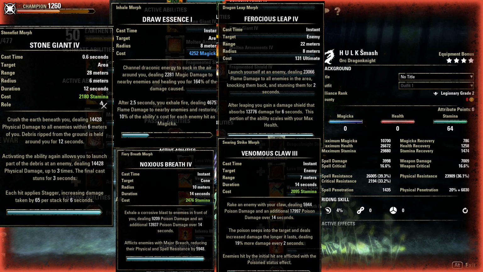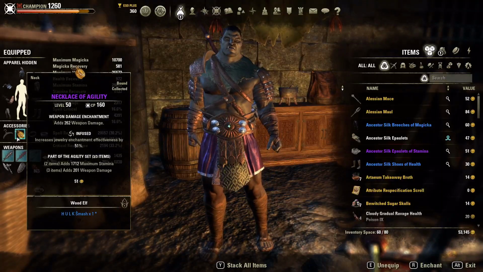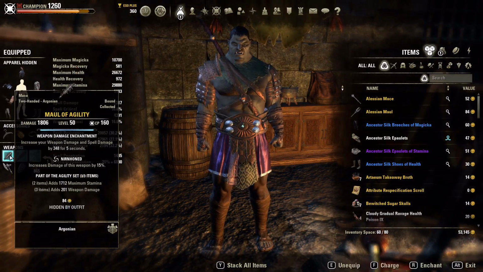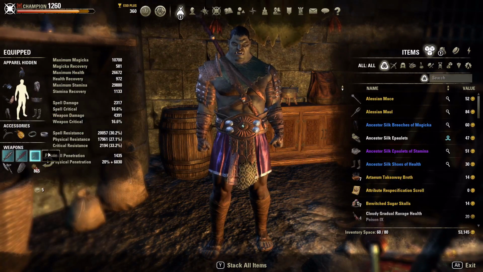So we are running a front bar back bar setup featuring two 5-piece sets. The first 5-piece set is Clever Alchemist on our back bar, and then New Moon on our front bar. However, on our front bar we also have agility set up. So we have a necklace, infused weapon damage, and then we have the two-hander. And so the way this works is, while we were on our back bar,